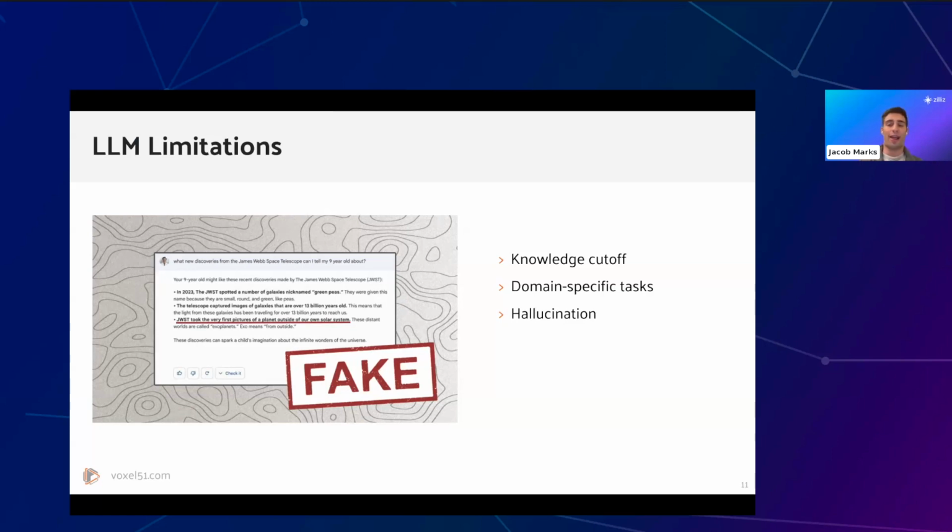And that brings us to the last one, which is domain-specific tasks. So with domain-specific tasks, you might have way more specialized knowledge needed for a task than these large language models are actually trained on to begin with. Most of these models are trained on general purpose data.